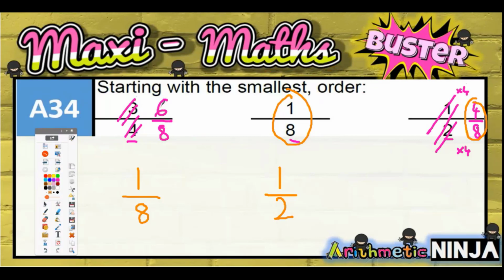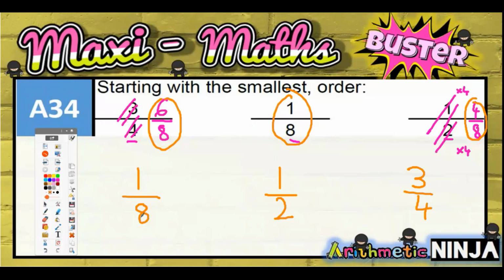And the biggest one is this 6 eighths. But what it came from was 3/4. So I should write down what it came from in my answer. Because it's the original fractions that I'm being asked to order, so I should be writing the original fractions down